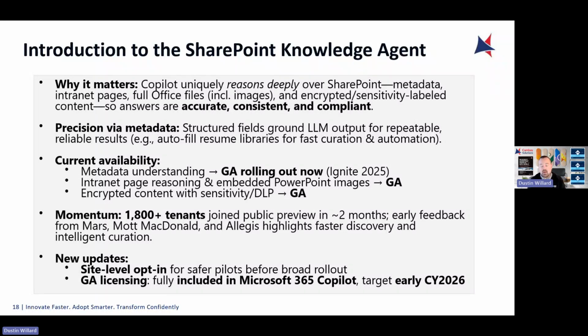So metadata can really go a long way for your organization. You can apply retention off of those things that it ends up pulling out. You can apply the sensitivity labels I just mentioned. So you get structured fields that ground the LLM output for repeatable, reliable results. AI is really good at looking at all of your content, don't get me wrong. But when you have the data already tagged, it's going to take that as the primary source, and it's going to then filter everything down. So it's going to be quicker, faster, more reliable.